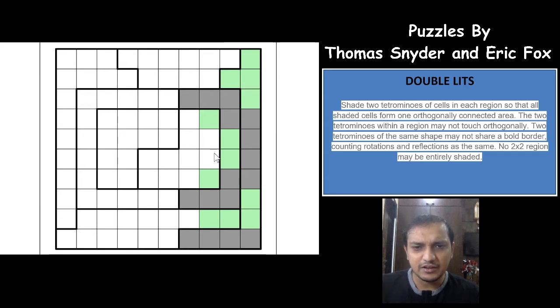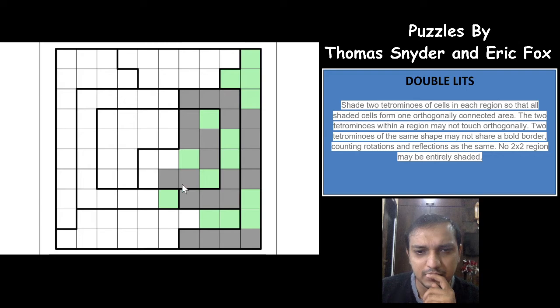And again I have exactly 10 cells, right? Exactly 10 cells in this region remaining, and in either case there is a very good logic here that this cell cannot be shaded in any of the tetromino. So if you shade this cell for upper tetromino, you have only 3 cells remaining for the lower one, and if you shade this for the lower tetromino, you have no cells actually remaining for the upper one, which means this will have to be unshaded. So this is a tetromino, and to form a tetromino here, at least these 2 cells will have to be shaded, right? Because or else you'll have a 2 by 2 group of cells shaded. That's nice.